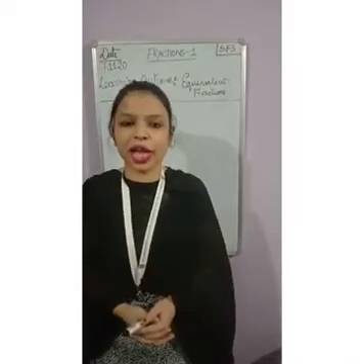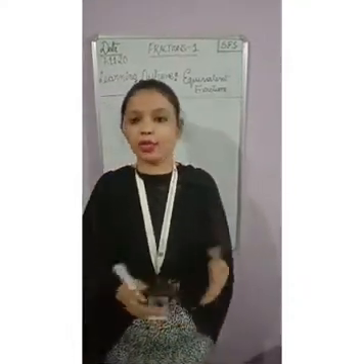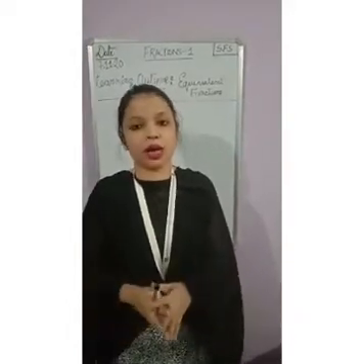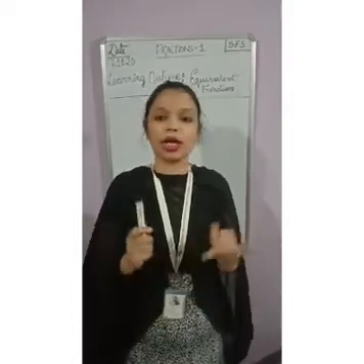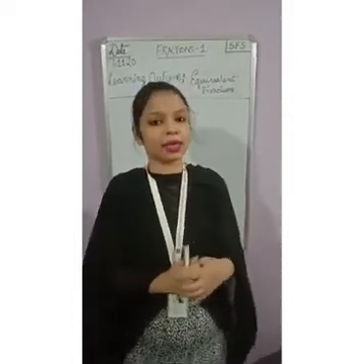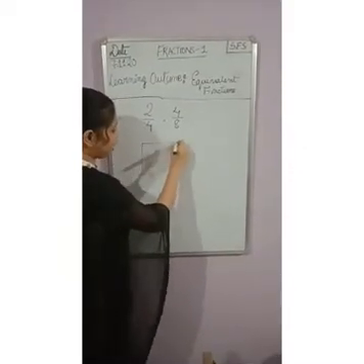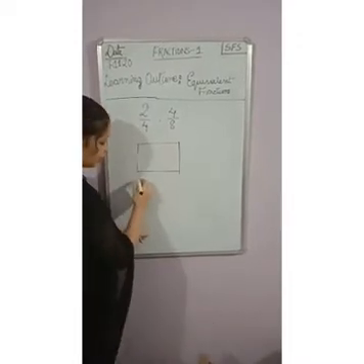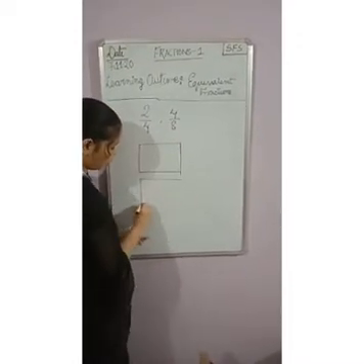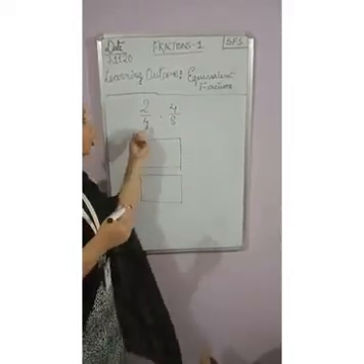Now children, we have to represent 2 by 4 and 4 by 8 as equivalent fractions in figures. Now you can take any geometrical figure or any flat figure. Either it can be a square, a rectangle or a circle. I am taking a rectangle here. I am taking two rectangles because there are two fractions and I have to represent both the fractions in the rectangular figure. Now look at the first fraction. The first fraction is 2 by 4.